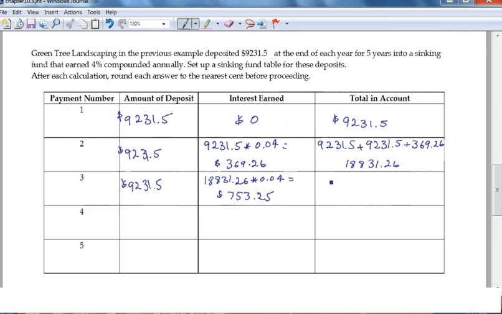So the amount here has whatever it had before plus these two that were deposited at the end of the third year. So at the end of the third year, the account will have 18,831.26 plus the one payment and plus the interest, and that gives us the total of